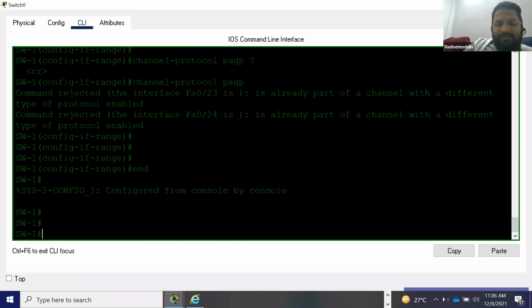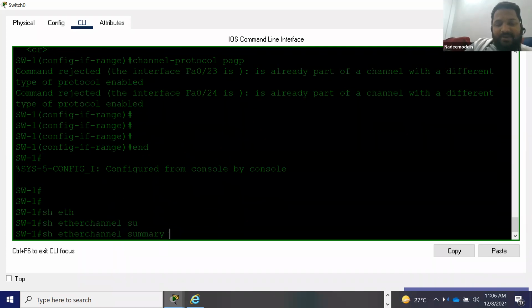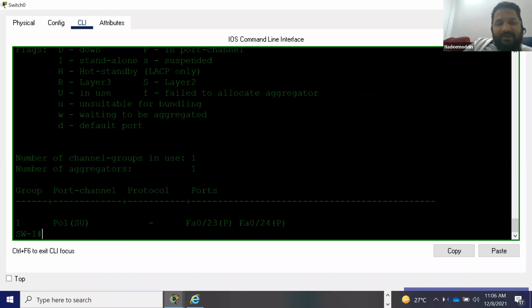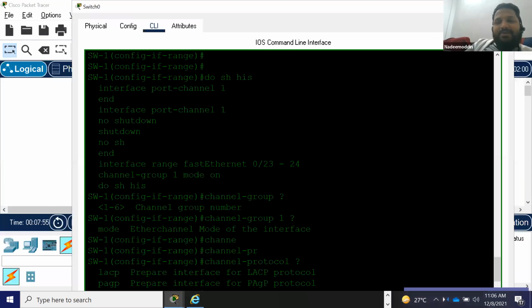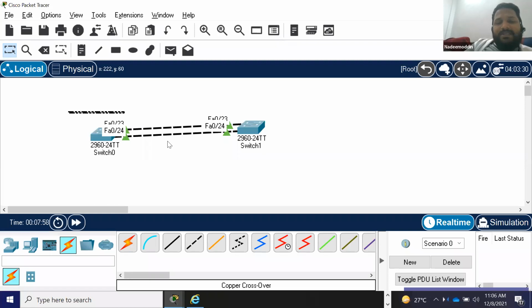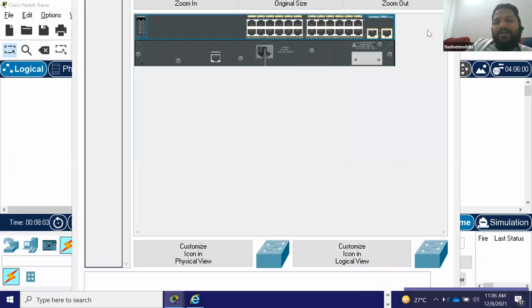Okay. So now if you go and check show etherchannel summary, can you see what it is saying? What is the command to see the EtherChannel? Show etherchannel summary. So it is saying SU, and here the ports are 23 and 24. And P means what? Port in channel, right? Port in channel, but they are not up. See, U means in use. S means suspended. Why is it showing suspended? Because only this side EtherChannel is configured, but the other side is not configured. So I can go and configure there also.